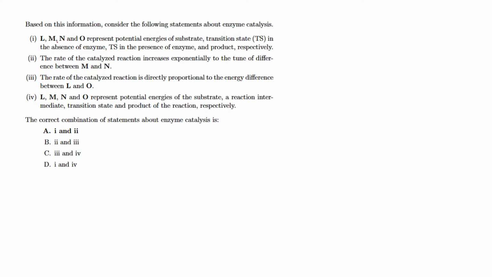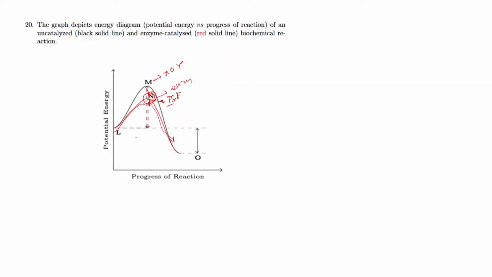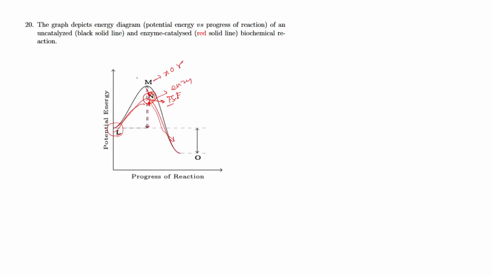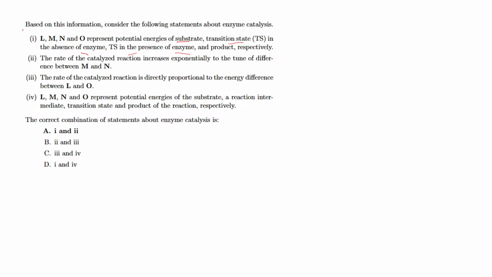The first option says that L, M, and O represent the potential energy of substrate, transition state in absence of enzyme, transition state in presence of enzyme, and product. So it is M, the transition state in absence of enzyme. Okay, so this option is correct. The second option says that the rate of catalyzed reaction is increased exponentially to the tune of the difference between M and N. This is what happens; the reaction gets catalyzed in an exponential manner. So this option is also correct. The third one says that the rate of catalyzed reaction is directly proportional to the